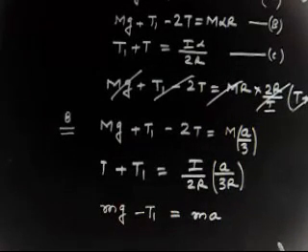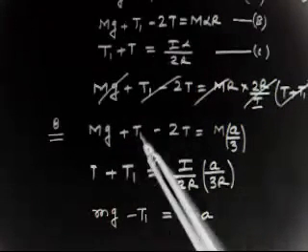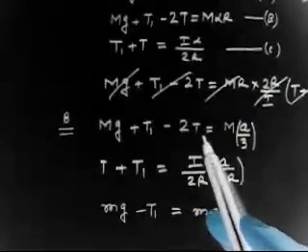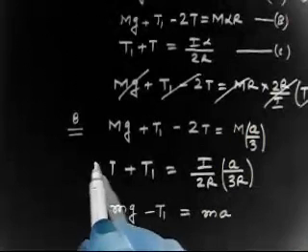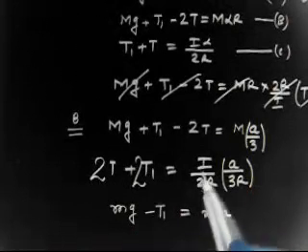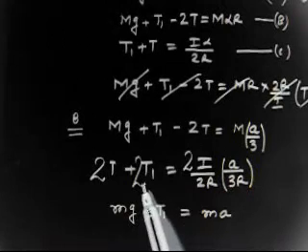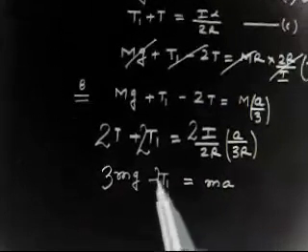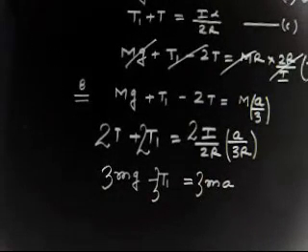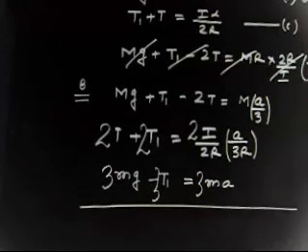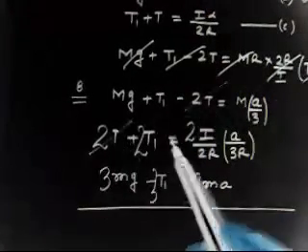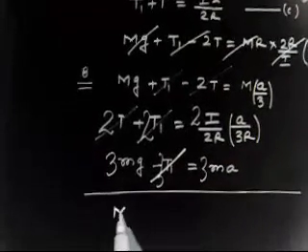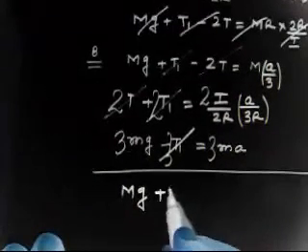Now this is easy to solve. What can I do is, here I have 2T1 and then I have here 2T. So let us multiply this equation by 2. If I multiply this equation by 2, I will have 2T1 plus T1, 3T1, and 2T goes out. So let us multiply this equation by 3. Are you getting? And then add. If you add, 2T goes, 2T1 plus T1 is 3T1, 3T1 goes. So we will have mg plus 3mg